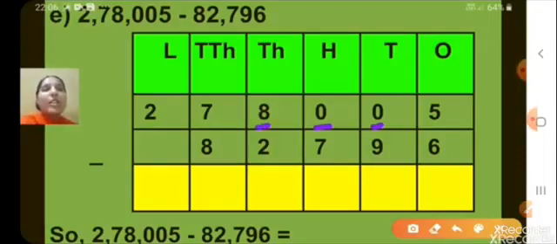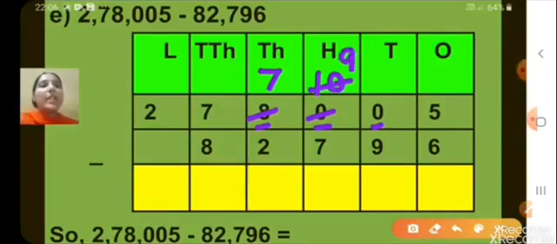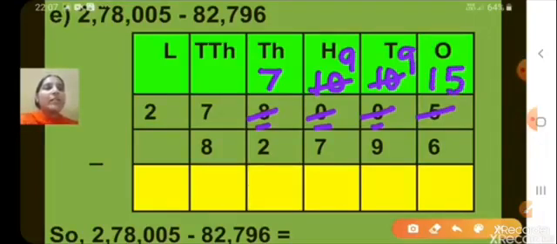So what is the digit at the thousands place? 8. So when we'll borrow 1 from there, 7 will be remaining here, and now at the hundreds place we have 10. So now we can borrow at tens place as well. So when we'll borrow 1 from hundreds place, 9 will be remaining here, and this will become 10. And now we can borrow at ones place as well. So when we'll borrow 1 from tens place, 9 will be remaining here, and 5 becomes 15 ones. 10 ones plus 5 ones, 15 ones. So now 15 minus 6, what will we get?